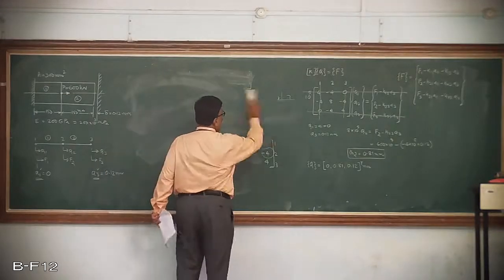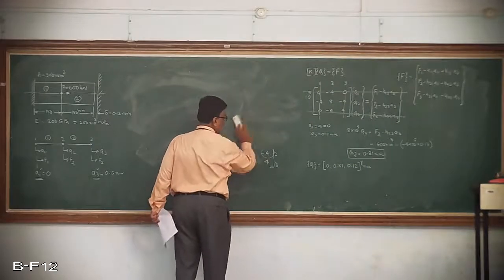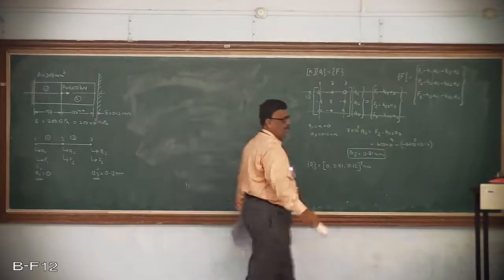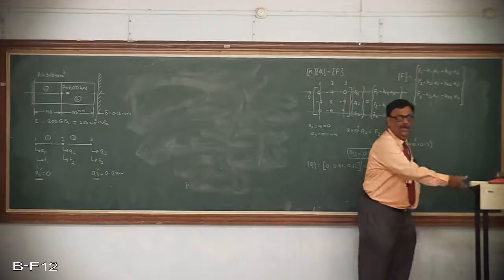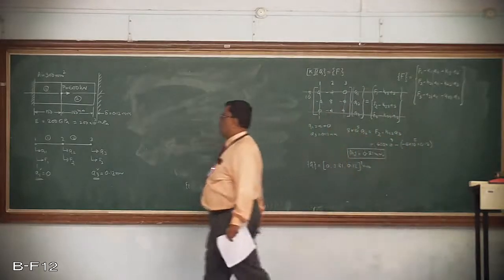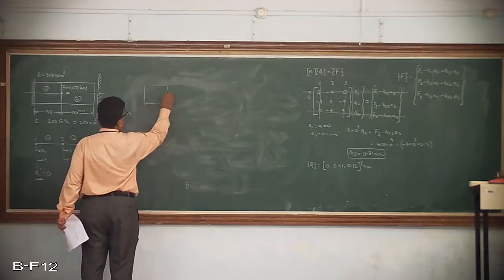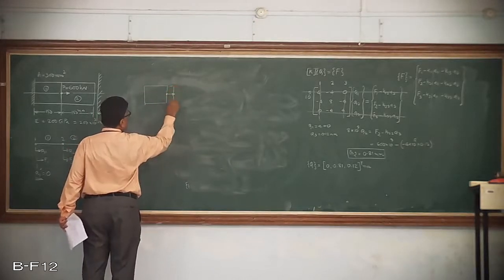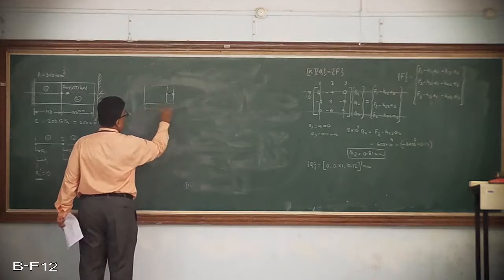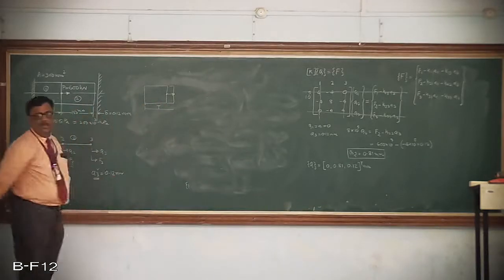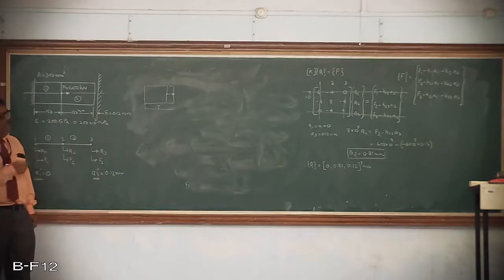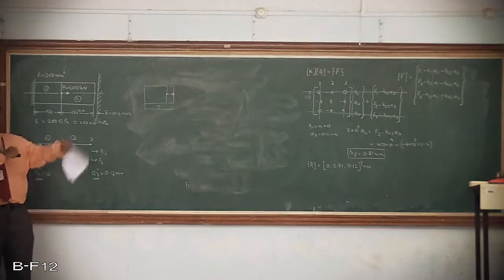Now I will show you how to calculate the stresses in both the elements. Logically, if you look at this particular figure, when I take only the first member, because of this load it definitely gets elongated. Therefore, it is under tension. The type of stress induced in the first member, because it is getting stretched, is tensile